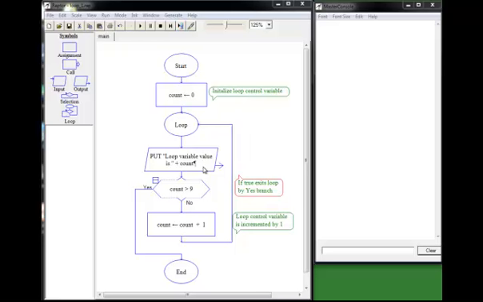First of all, we have an output, which is going to output the current value of the loop control variable count. And then we have a conditional test. If the count is greater than 9, program control will exit out the yes branch, and this program will stop. If, however, this is not true, if the count variable is 9 or less, program control will continue